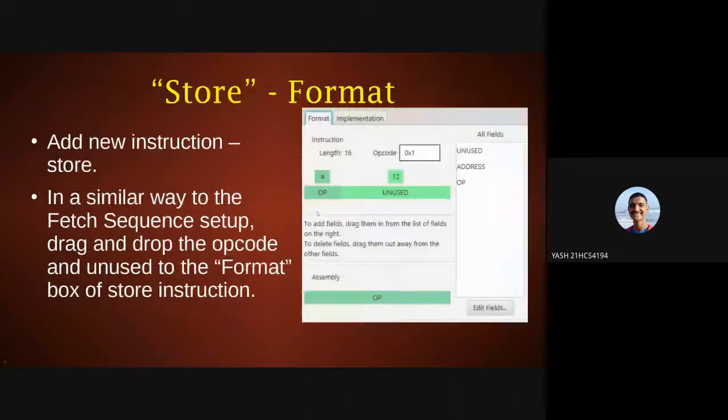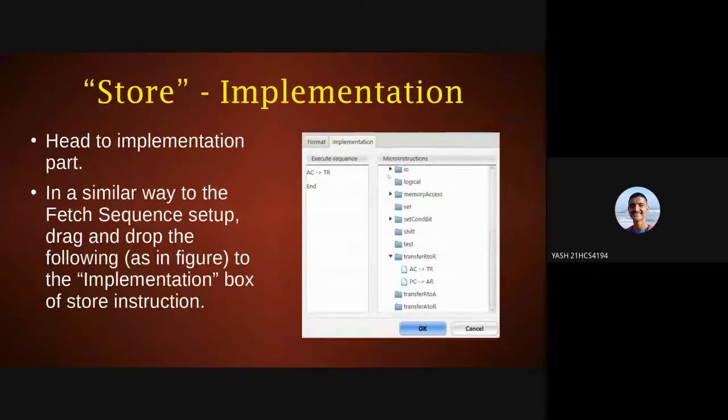After that, we create a store format. Now, since we have two numbers, we cannot store both at a time in the accumulator. So the first one we will transfer to the temporary register, or we can use the data register for the same thing, and then we can calculate later on. So we define store again, with OP code and unused in the format. In the implementation part, we will just store the content of the accumulator into the temporary register, then end the store statement. Ending every statement is necessary, or our program will go into an infinite loop.